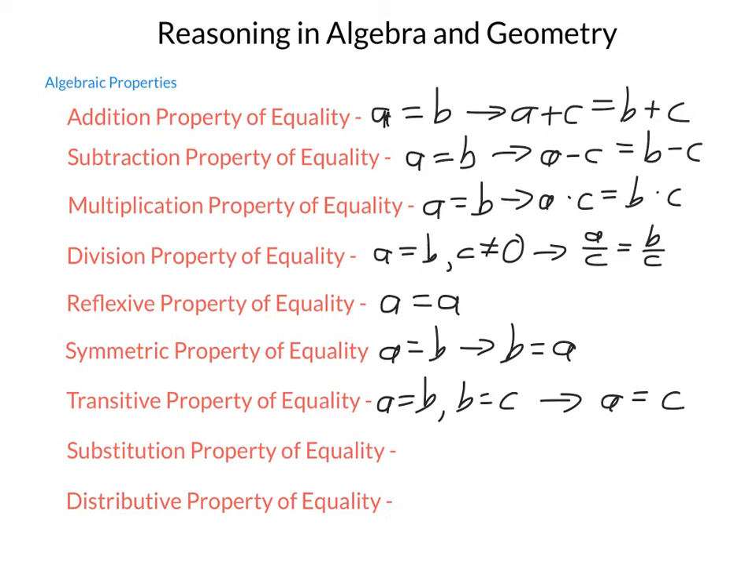Our substitution property says that if A equals B, then B can be used any place that A was present in an expression or an equation. Okay, so we can make that simple substitution, whether it be a single item or an entire expression in its place. Our last one here, the distributive property of equality,